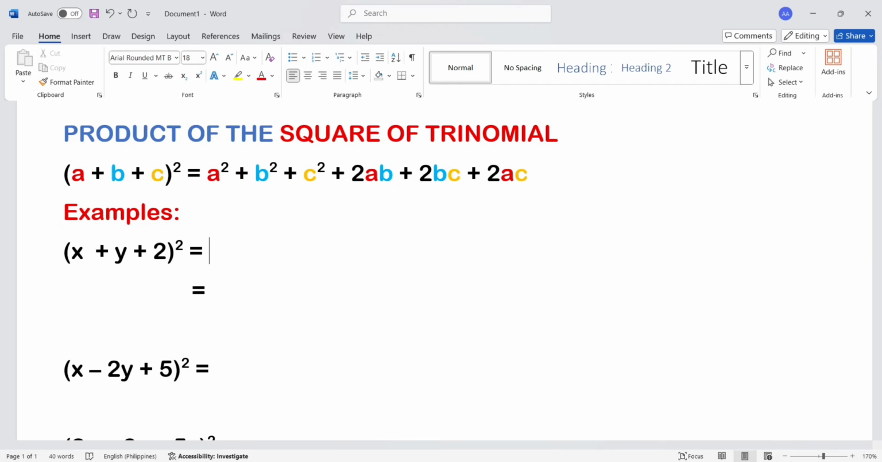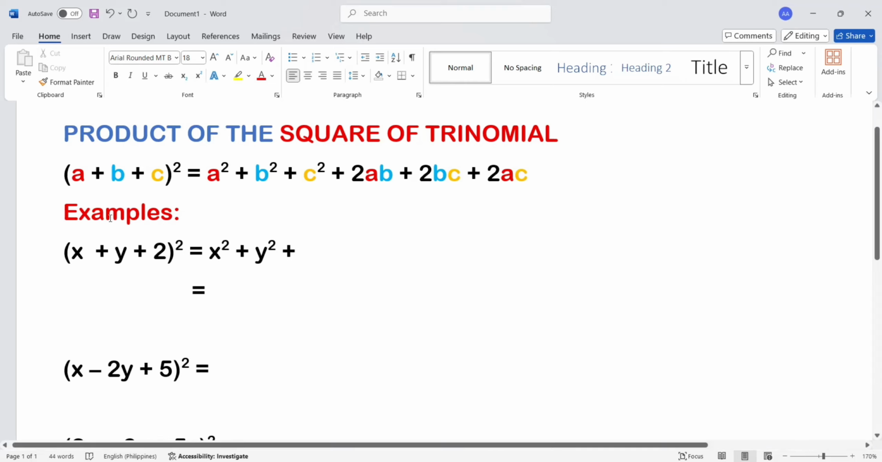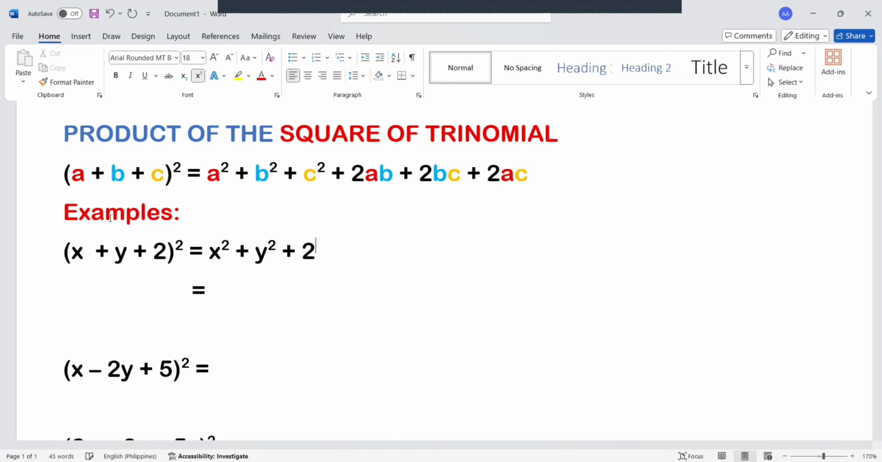Now, let's take these examples. The quantity x plus y plus 2 squared. Now, to get the product of the square of trinomial, we first square the first term, which is x squared, plus square of the second term, which is y squared, plus the square of the third term, which is 2 squared,